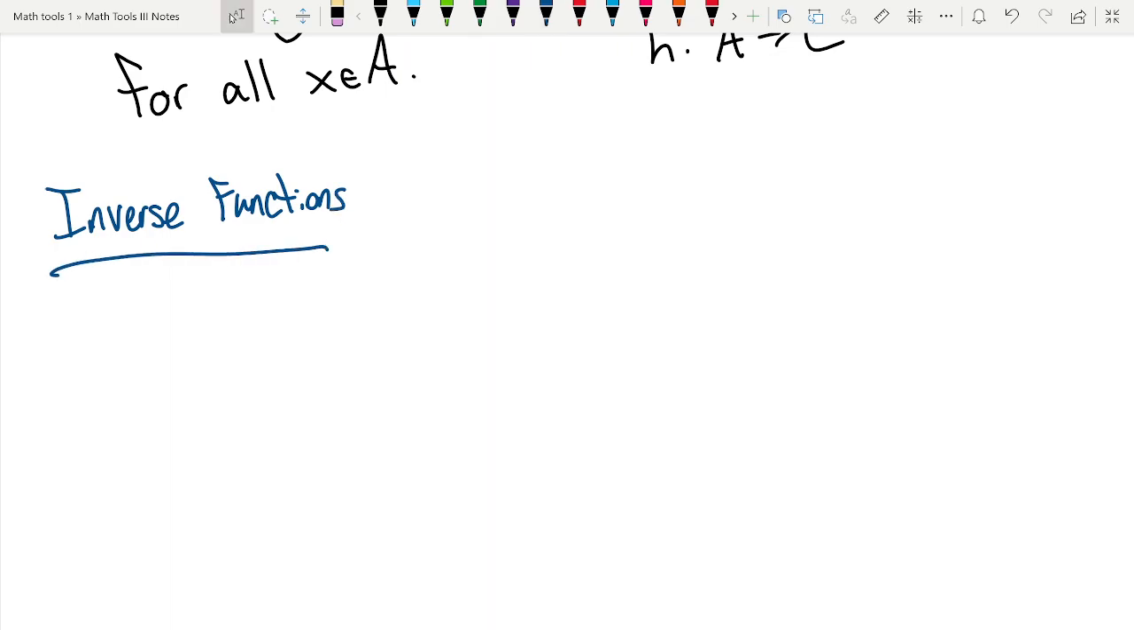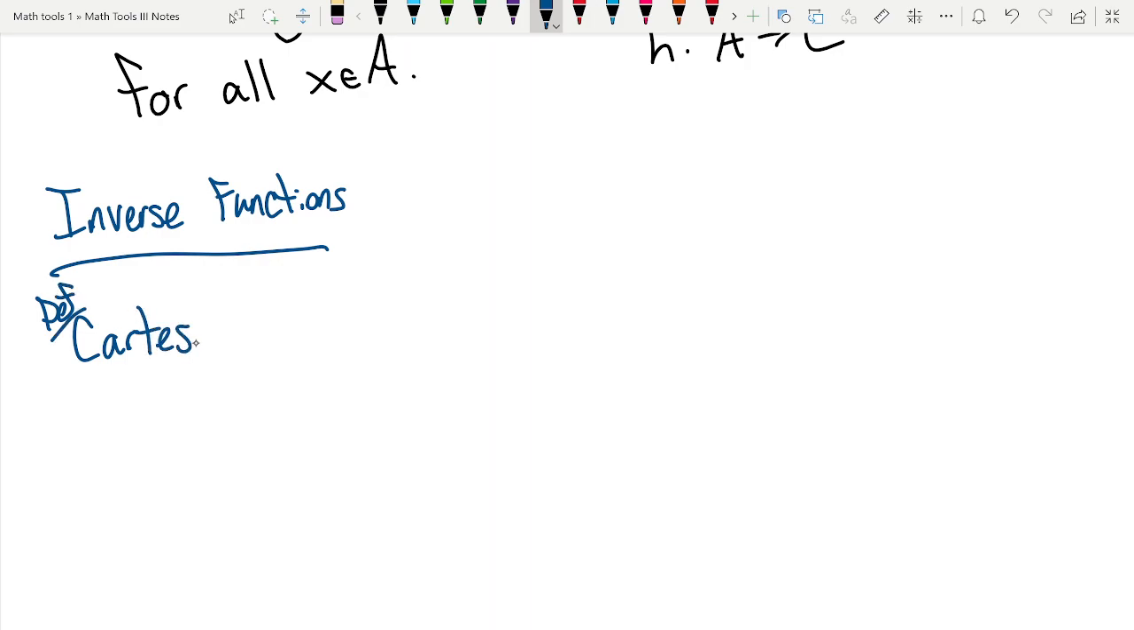So inverse functions, again, another thing we talked about in Math Tools 1, but it's just been so long since we looked at them that I think you'd be a little bit surprised going into probability theory and stuff, just how often things are expressed in terms of inverse functions if we don't look at it again, just a little bit more rigorously. So before we do that, there's one more definition,